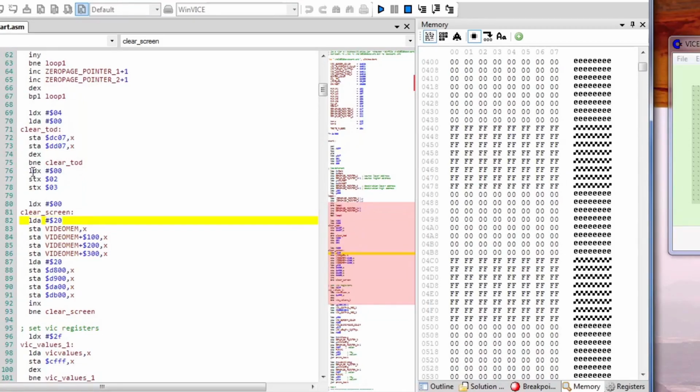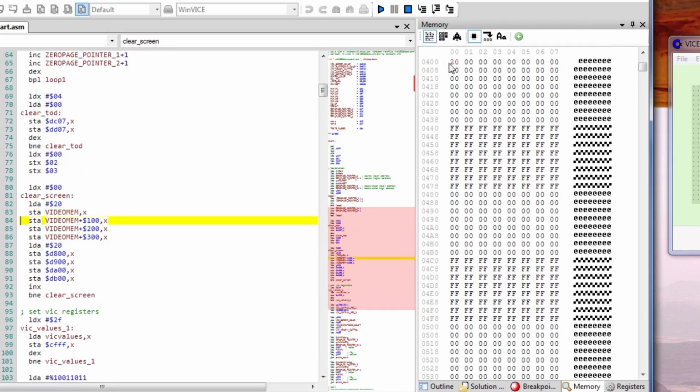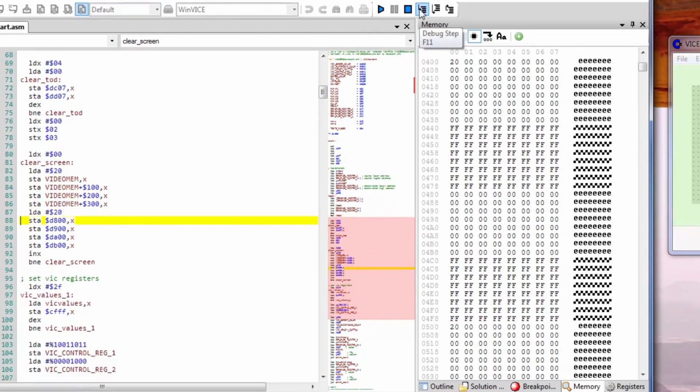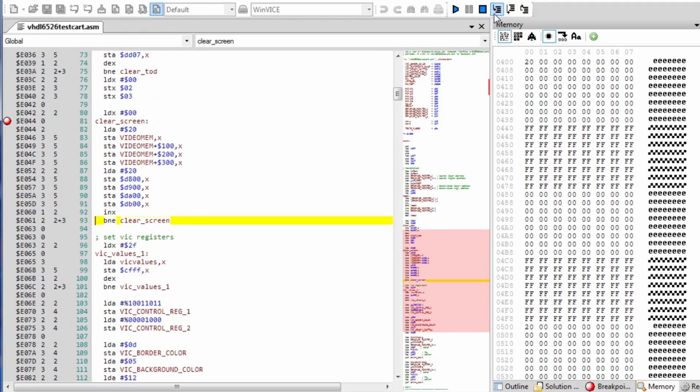So if you now do single stepping, now it loads here. You can see now we got 20. And you can continue like this. This code writes to every page, and then it reboots sort of. So I think maybe it's fast or something. Now it writes to color memory. And then when it comes to branch not equal,